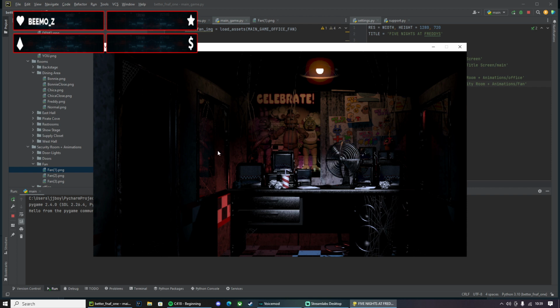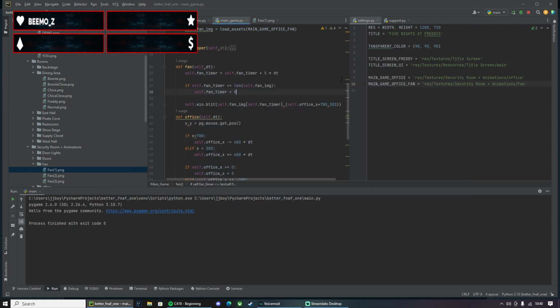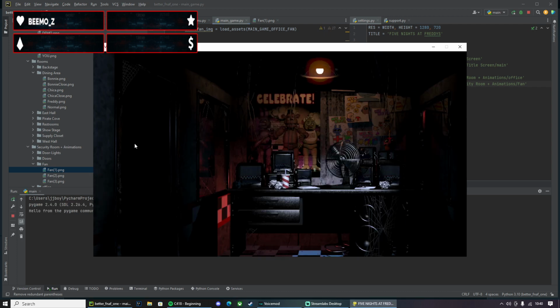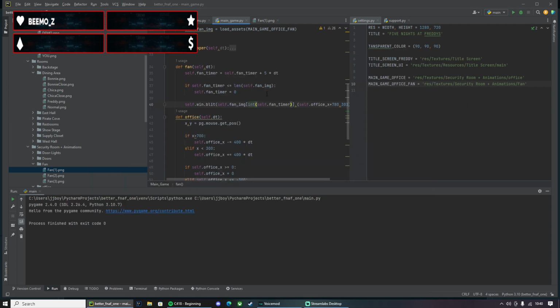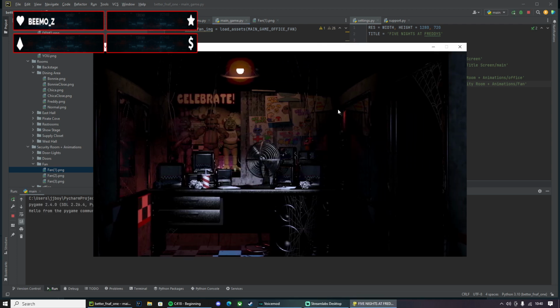So now hopefully it works. Turn this into int. Hopefully that works. No, it doesn't. Oh, because it just stops after that. Else, do this. Still doesn't work.